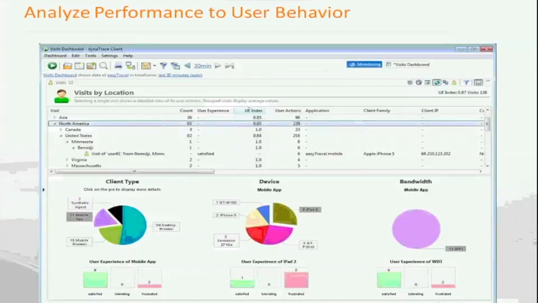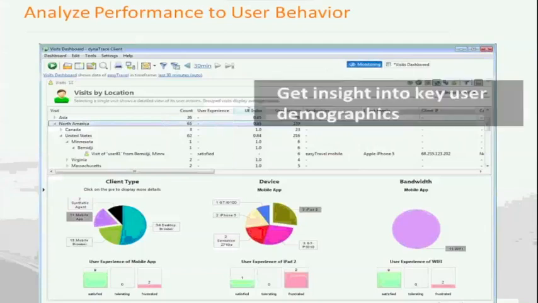And again, you have to understand that this is 24/7 monitoring of all the user traffic that comes into the application. So this is realistic data, as real as you can get. You're not missing any user. So it's no sampling, no averaging. You're getting each and every user on your website, and it tells you where they are coming from, and you can look at what the key demographics are for your customers.